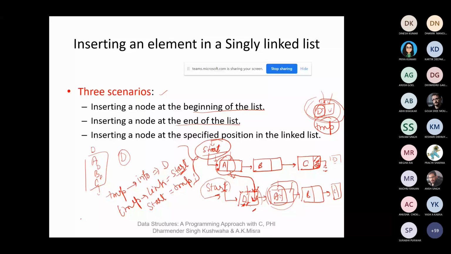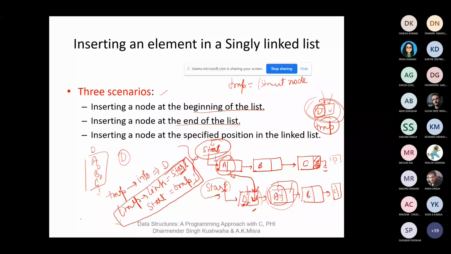Main thing is this one. This is the linking part. How we can link one node to another node. सबसे पहले हमने क्या किया? If we want to insert the element, we have created one node. We can also create it by using struct. Same type का structure होगा. Struct node.